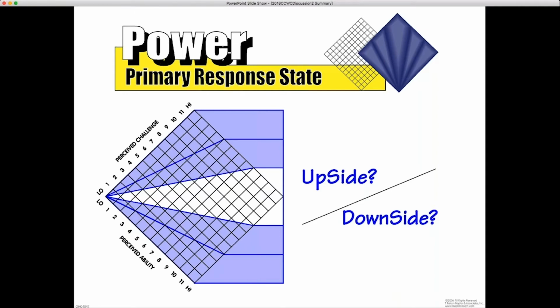What are some of the upsides of power? We've talked about the downsides, which I think is important to know, but what would you say are the upsides? Well, I certainly think you're getting information. Getting information, making an informed decision, having a plan to actually move forward certainly makes sense.